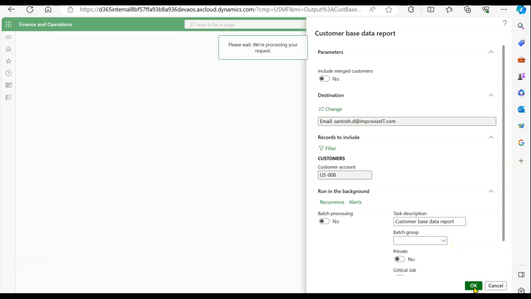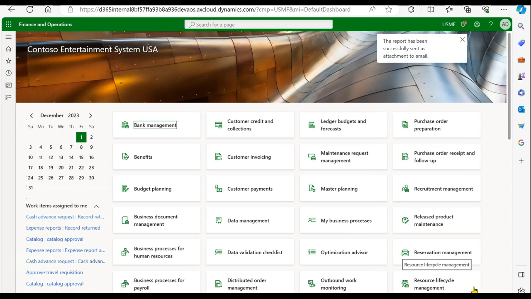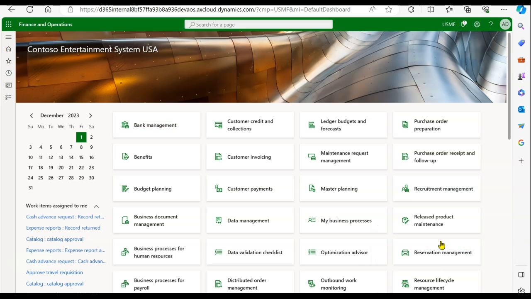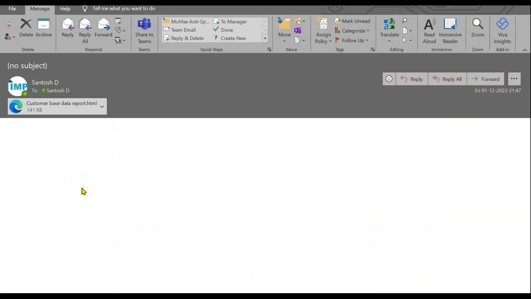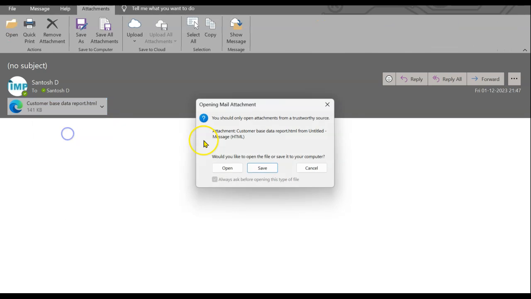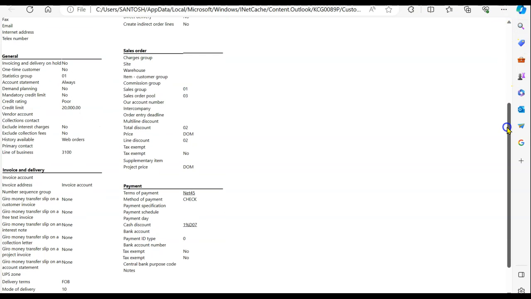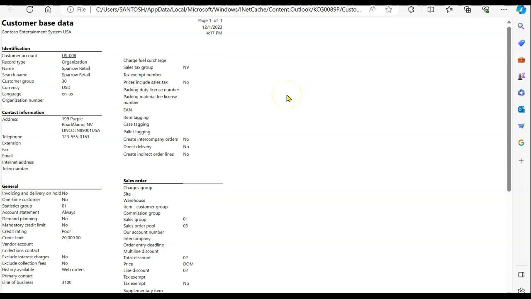So what will now happen is, even though I do not have any email configured in the SMTP settings, I still manage to send this email to the respective people that I need. Let us open up this email that we have got. I open this and I see my customer base data. So I see my customer information and whatever is available in that particular report. So that is how the emails will go to the required mailboxes, even though you do not have the SMTP